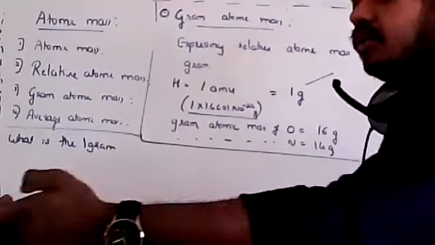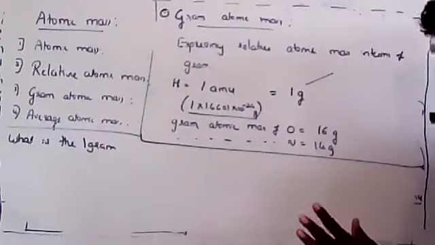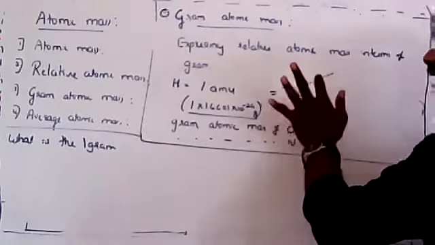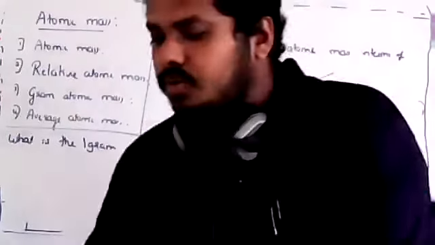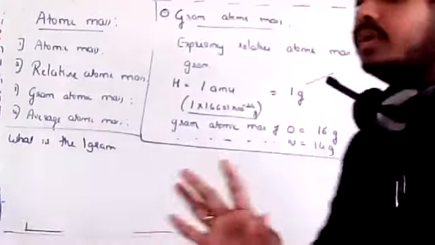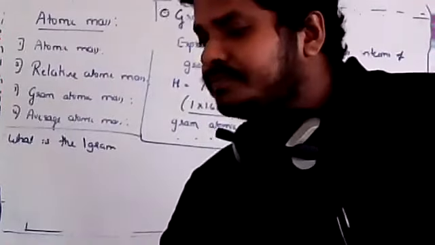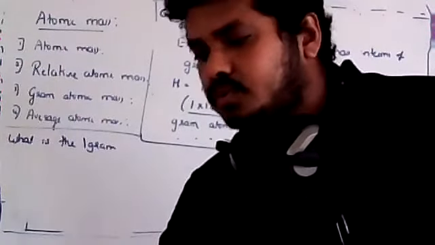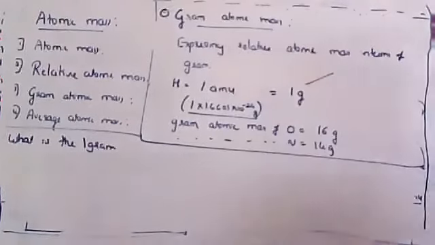But now I cannot use the term mole here, because I have not come to that part. When we come to that part, I'll explain why we can express in terms of grams, because of the mole. So right now, don't get confused that 1 AMU equals 1 gram. Is that clear, Shilpa? It is not true. 1 AMU is not 1 gram. Good question.